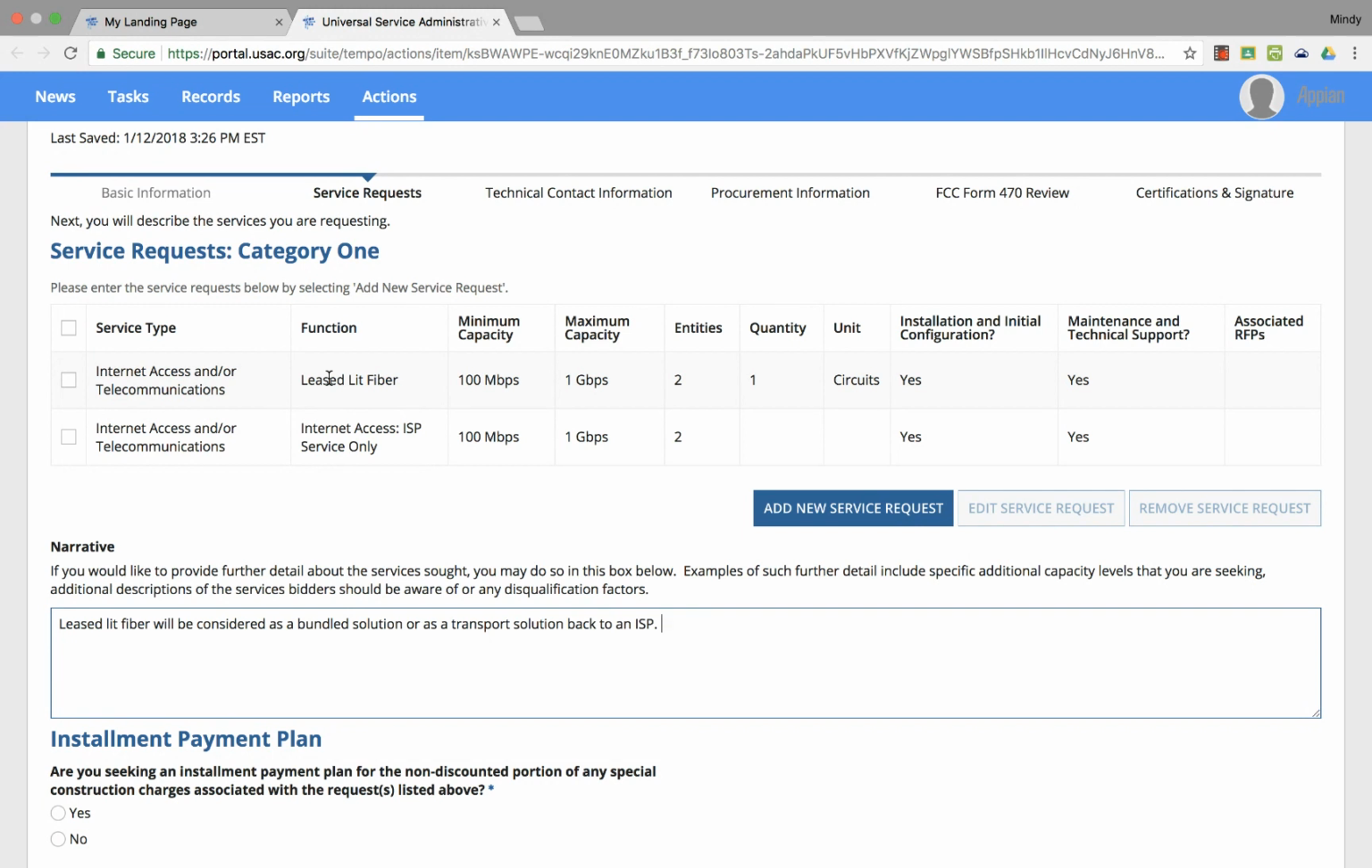Hopefully those who can provide us fiber solutions will show us bids on both transport and bundled solutions so we can get that price difference. Now, in the case for this district, we are pretty sure there is going to be a fiber build or a special construction required. And so on that, we're going to make a little note here that says any special